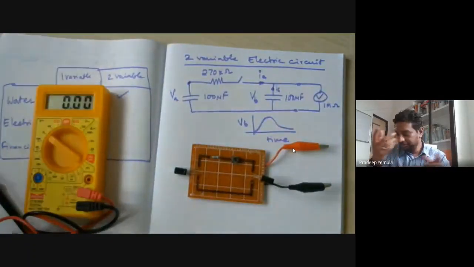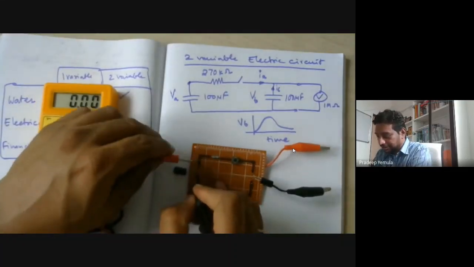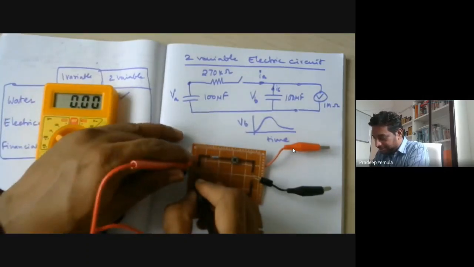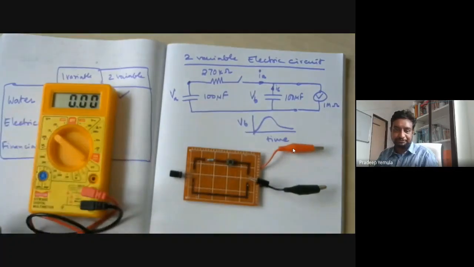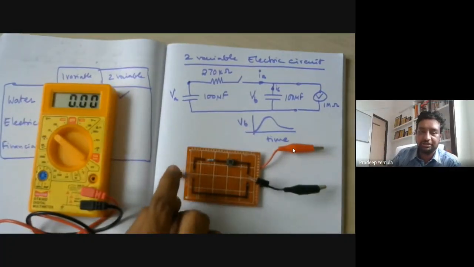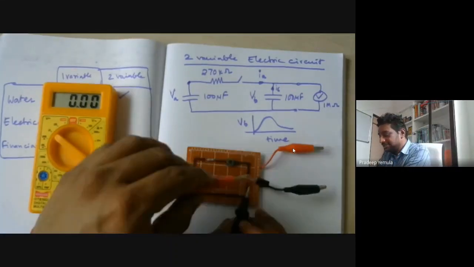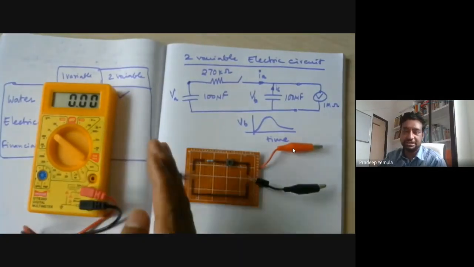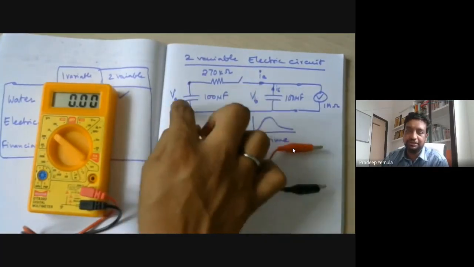How do you know? Very quickly I will just touch and then measure, so that we can verify. Have a look at the voltmeter now. I'm measuring. So 7.5. Very briefly, I saw 7.5 volts on the first capacitor, whereas the second capacitor is still at 0, because we only charged the first capacitor. The switch is open, so there is no leakage.